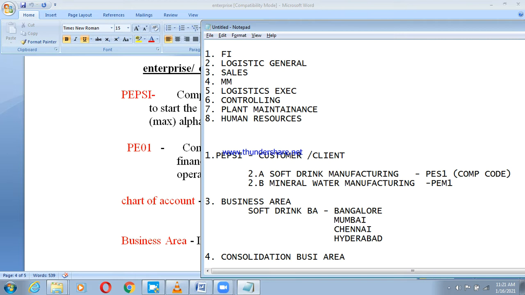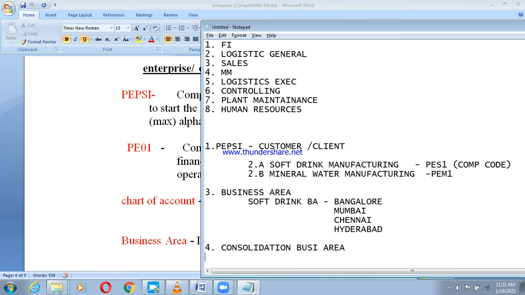Again, it's not a mandatory business area. If you are having more than one business area, then it is mandatory. Okay. Then